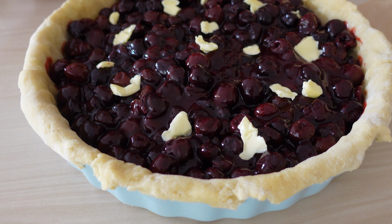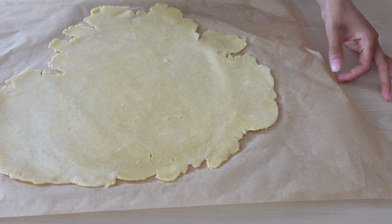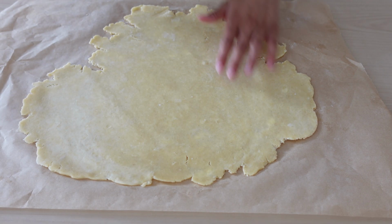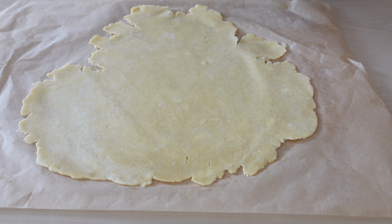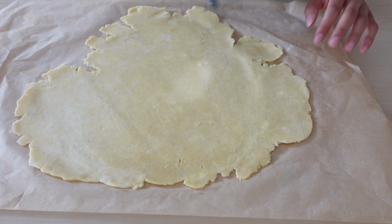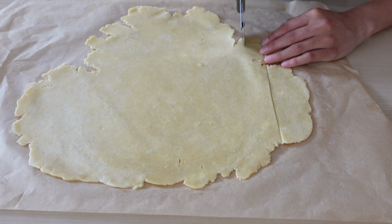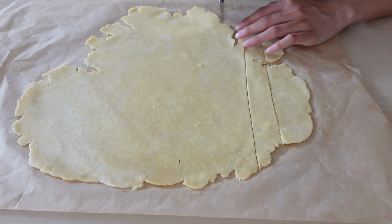And I'm just adding some little flecks of butter just for that little bit of extra flavour. So I've rolled the lid into a very rough circle. And I'll tell you now, I never roll out the prettiest shapes for my pies, but the final result always turns out. What I do is with a pizza cutter, I just cut these into relatively even strips,